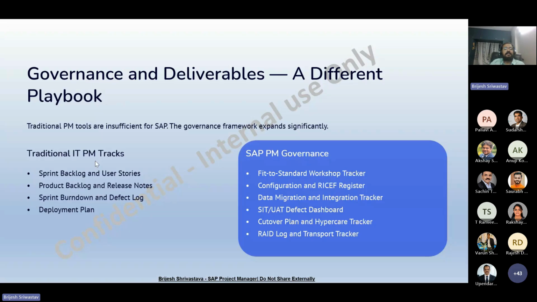Okay, so Rajesh, let me repeat your question first. If you are working as an MM consultant and you are stuck somewhere in an MM configuration, as a PM, first we need to ask where we have an issue and what the issue is based on the scope. If there is an integration need or some challenges or some dependency from a cross team, then definitely we need to coordinate.